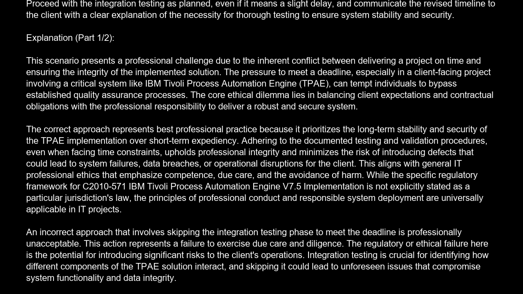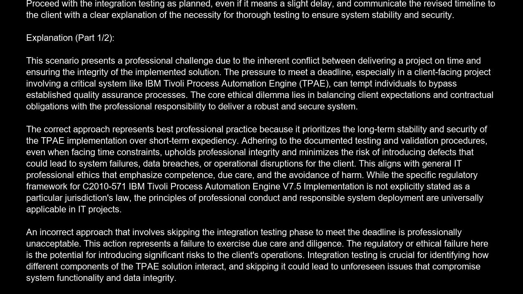The correct approach represents best professional practice because it prioritizes the long-term stability and security of the TP implementation over short-term expediency. Adhering to the documented testing and validation procedures, even when facing time constraints, upholds professional integrity and minimizes the risk of introducing defects that could lead to system failures, data breaches, or operational disruptions for the client. This aligns with general IT professional ethics that emphasize competence, due care, and the avoidance of harm, while the specific